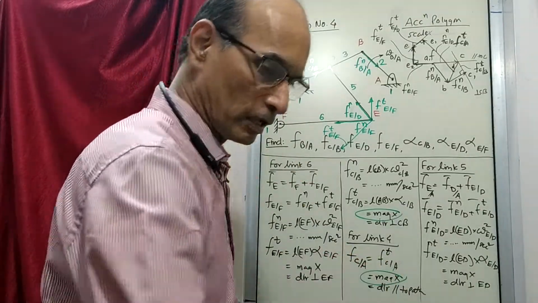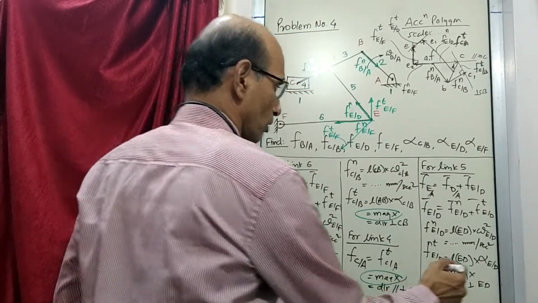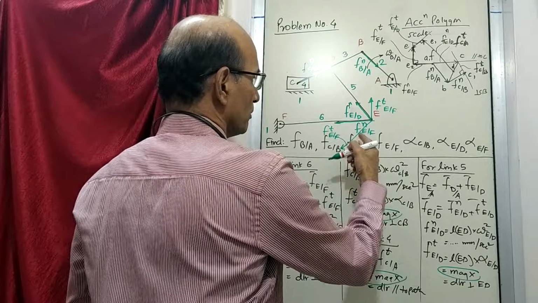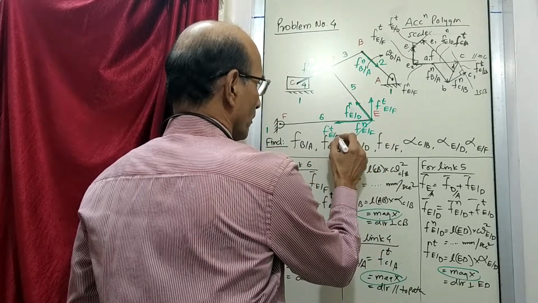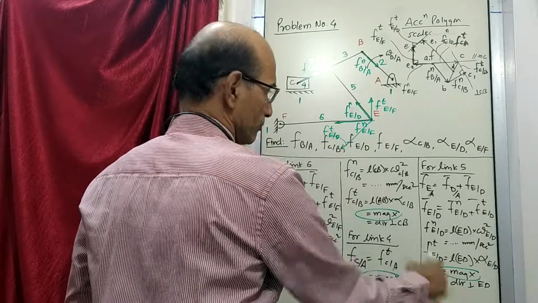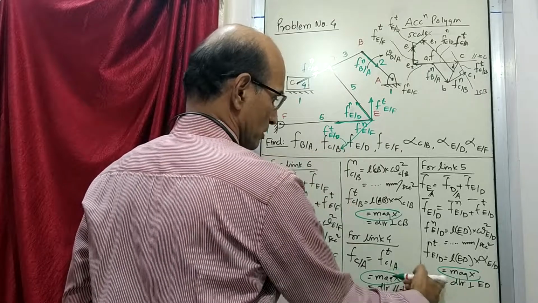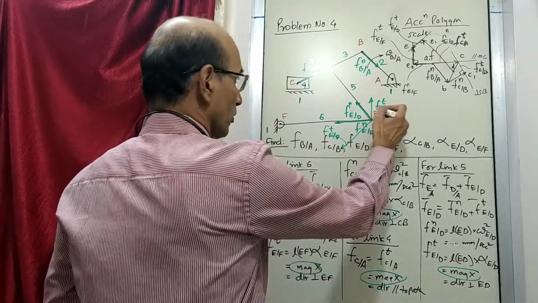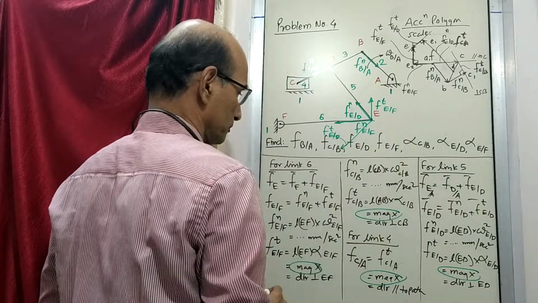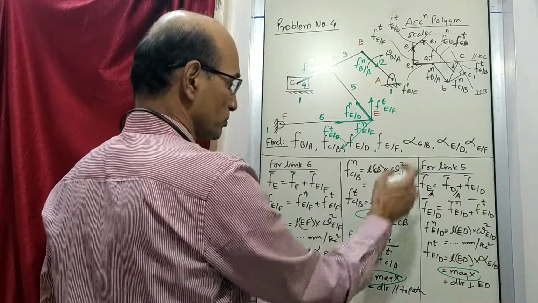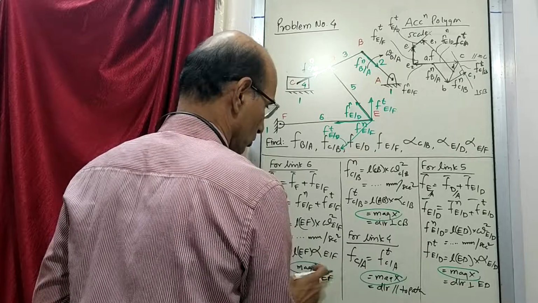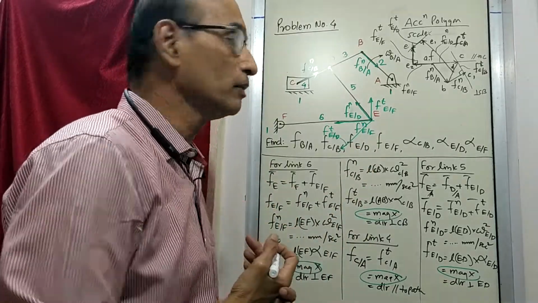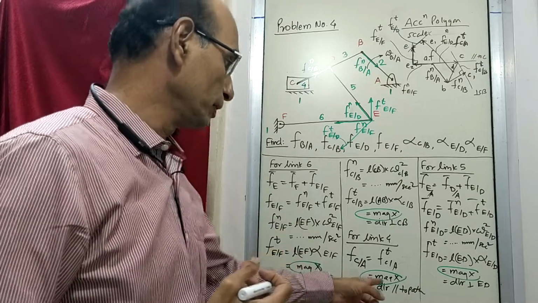So all the values are now there. So whatever was not known, E with respect to D is here. This is this. Then this is also not known earlier, now it is obtained. All the things which were not known, they are all now available in the polygon. So that you can measure them and fit these values.